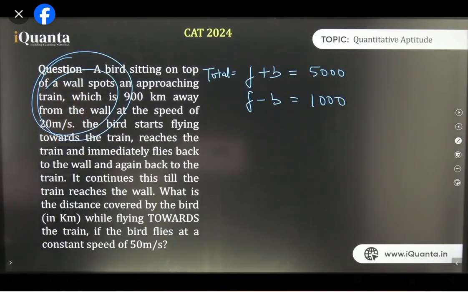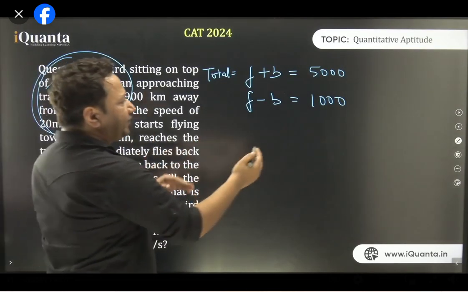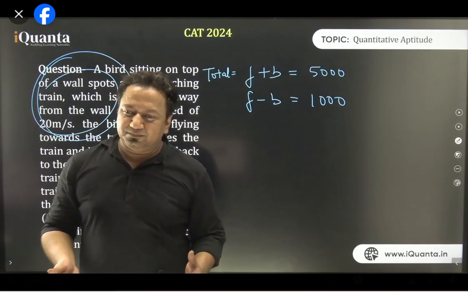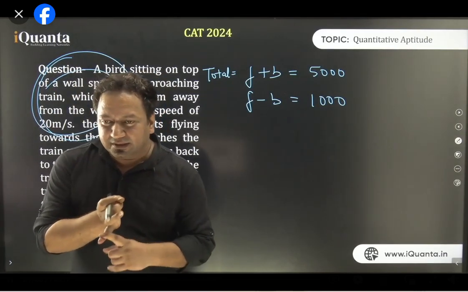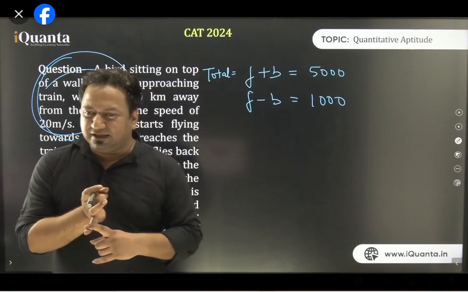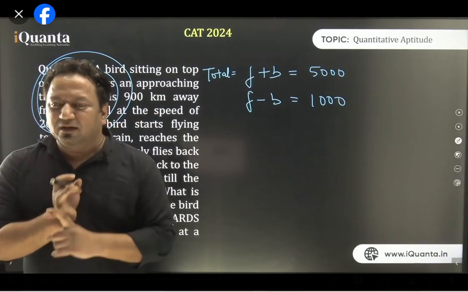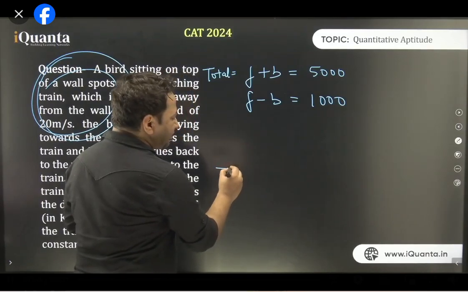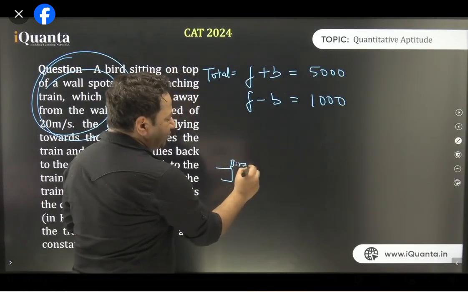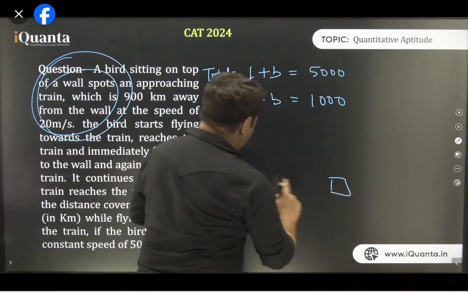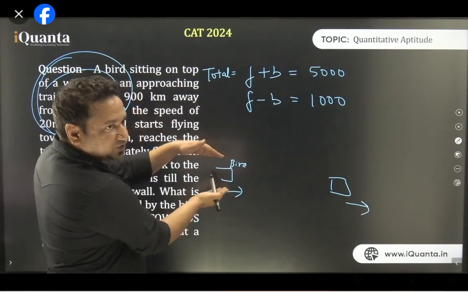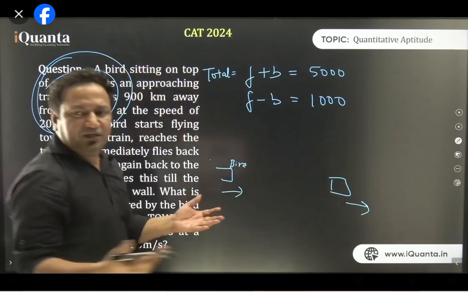Why? Because the wall was not moving. The wall was stationary. But in this question, both the things are moving. F minus B would not be 0. That is the main thing I want to tell you. Clear? समझ हर्ष, अभी ठीक है ना, समझ में आ गया? F minus B is 1000 because in this case the train on which the bird was sitting was also moving, and the train on which the bird touched and came back was also moving. So because this train was not stationary, that is why displacement was also not 0.